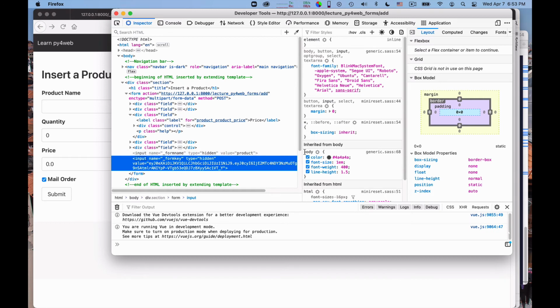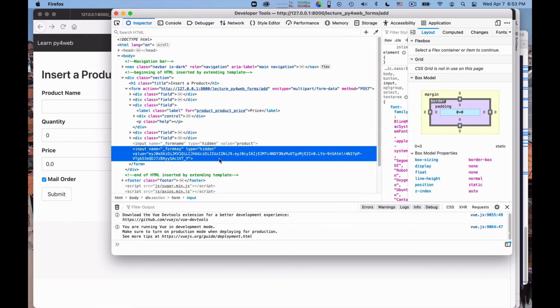This is the security element. This form key, which is a hidden field, is generated on the basis of the user session, of my session on this site. And when I submit the form, it will be checked whether the form has a correct key. And if the correct key is not found, the form will be rejected.